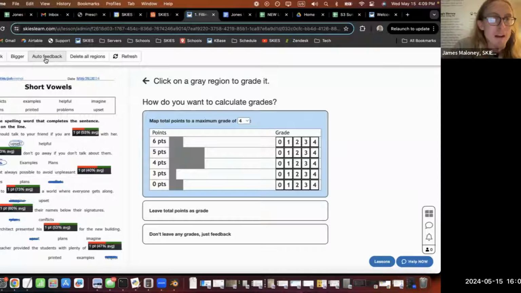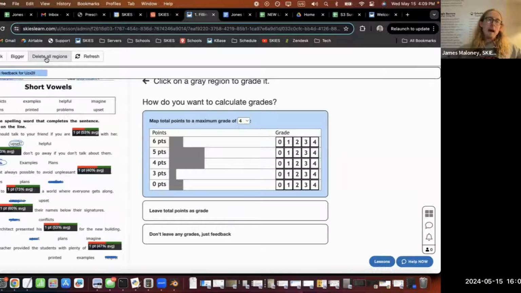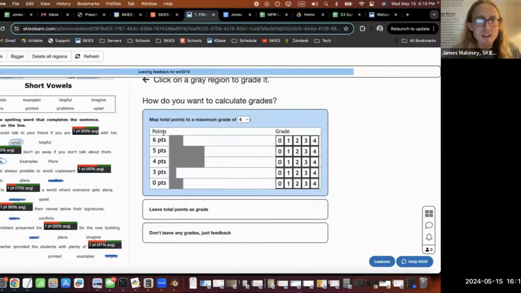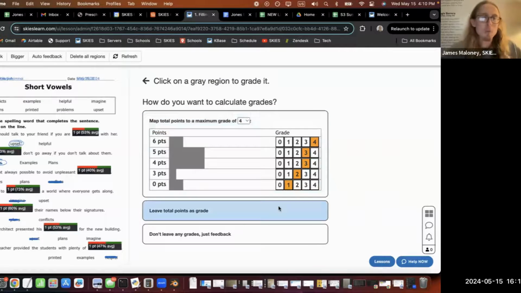And I can press this button right here that says auto feedback, and you guys all got feedback. You all know which ones you got right, which ones you got wrong, and now you can go back and fix it. If I was being a real tough grader, maybe I could say, those of you that got nearly perfect, I'm going to give you a 4. The other ones are going to get a 3. I'll give you a 2, at least a 1 for trying. I don't have to do that. I could just give you total points. I actually don't have to even give you points.